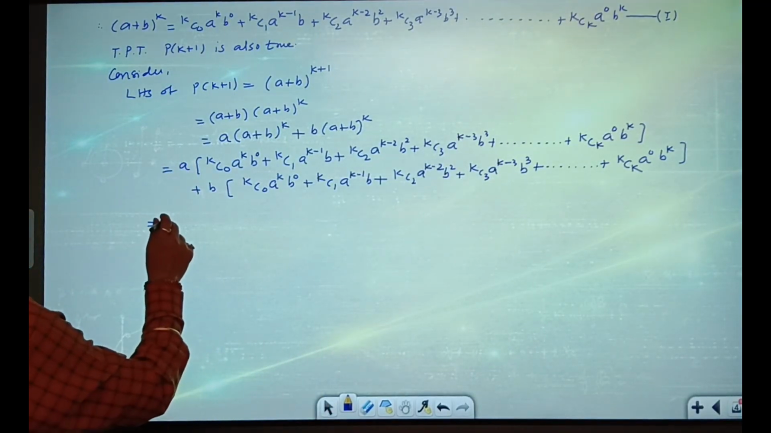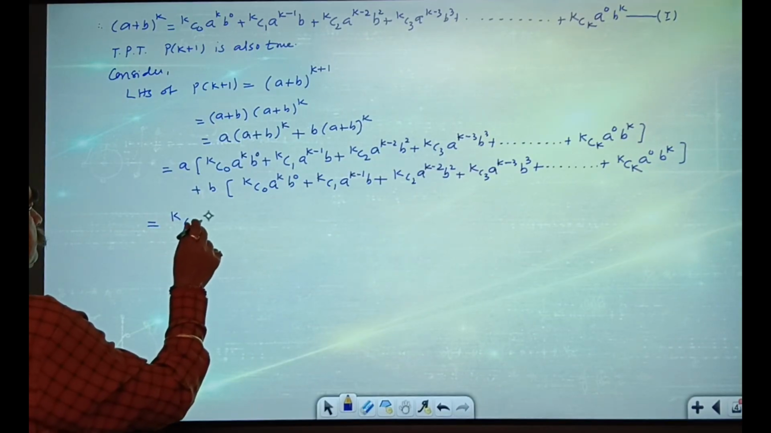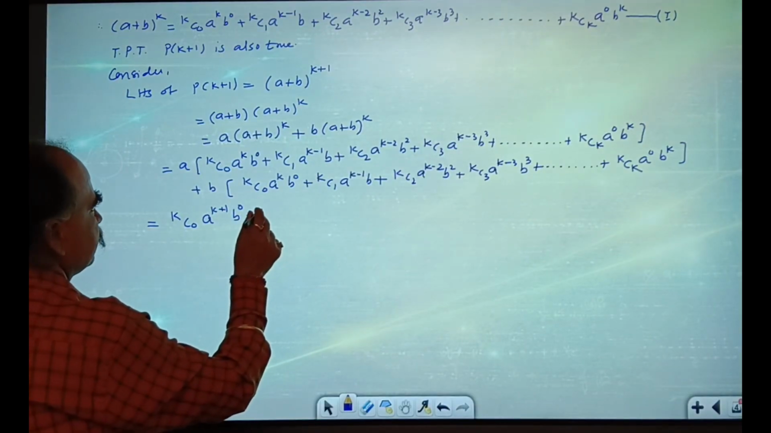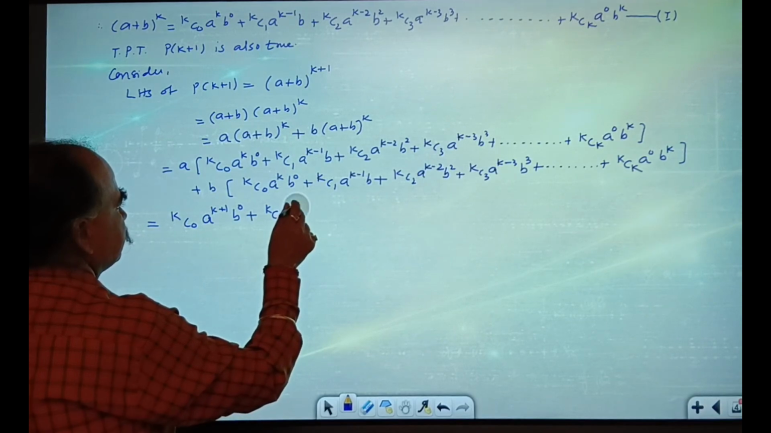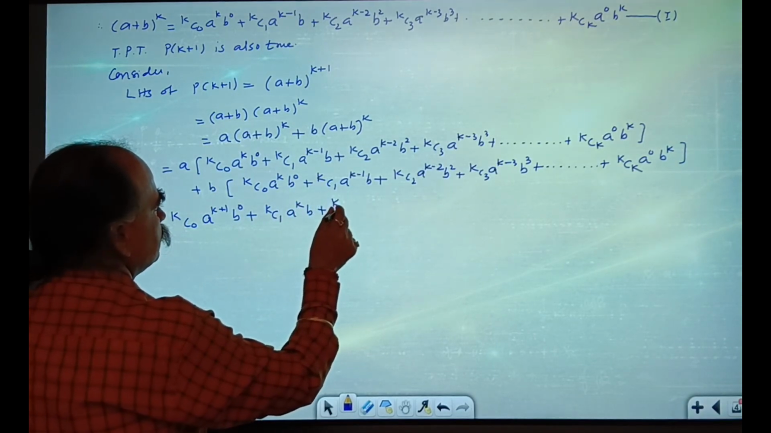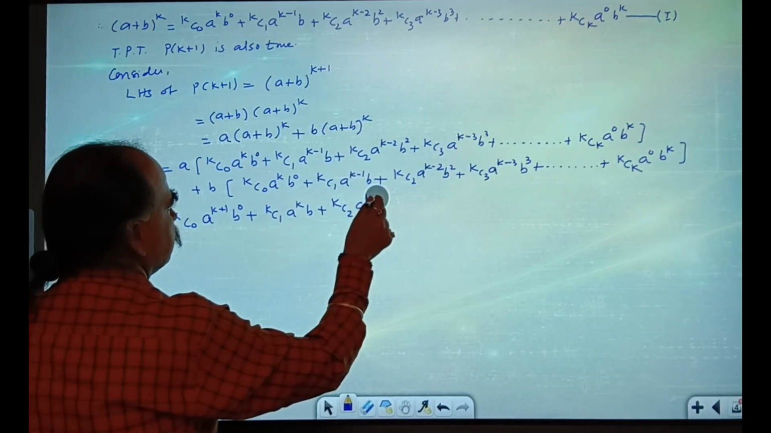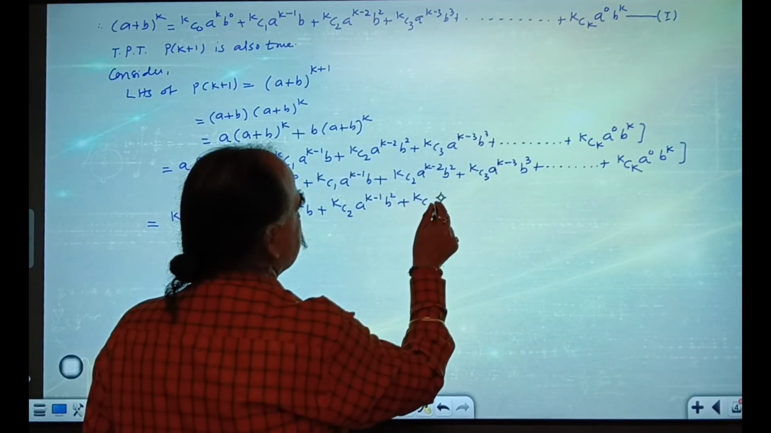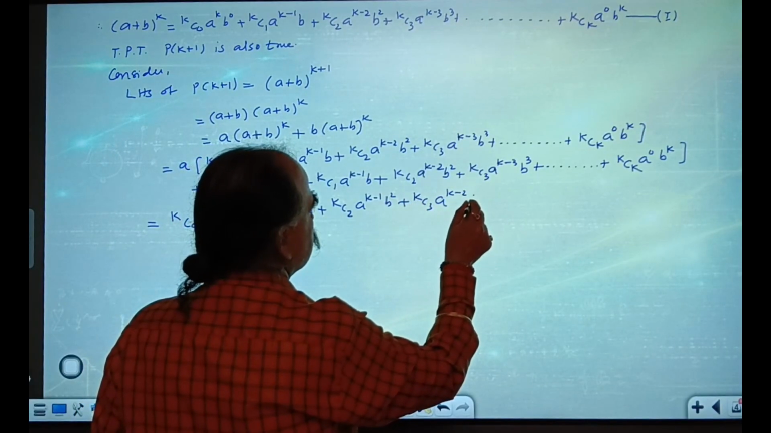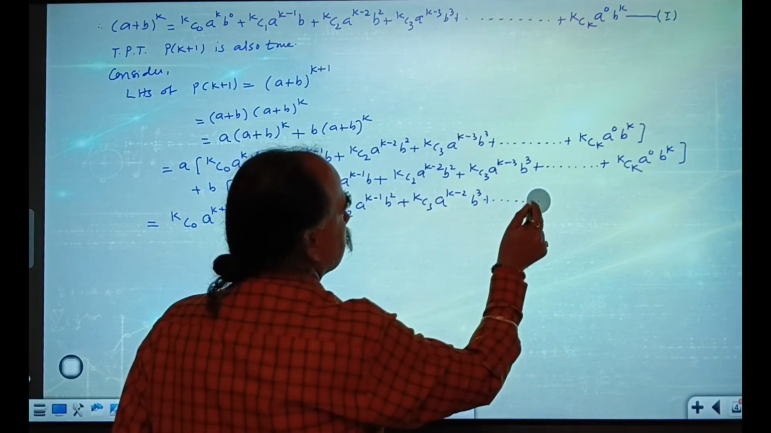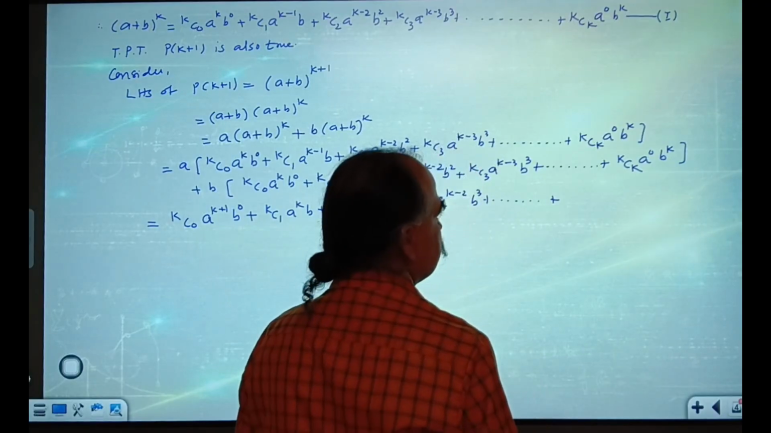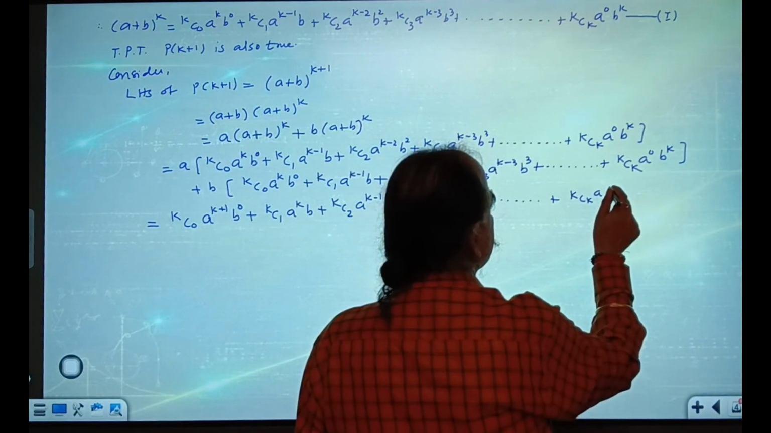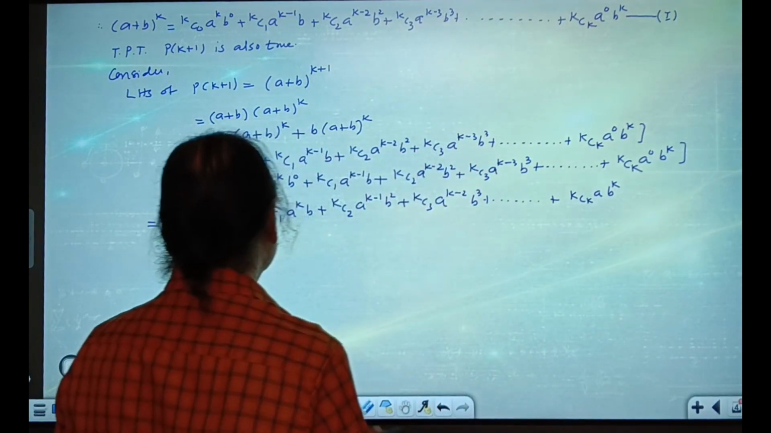Now multiply a. So this will give you what? kC0 a raised to k plus 1, b raised to 0, plus kC1 a raised to k, b, plus kC2 a raised to k minus 1, b square, plus kC3 a raised to k minus 2, b cube, and so on, plus kCk a, b raised to k, plus,